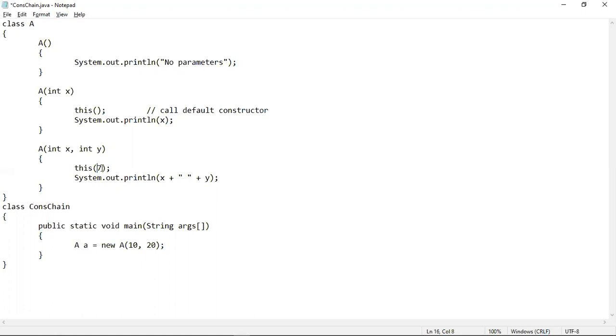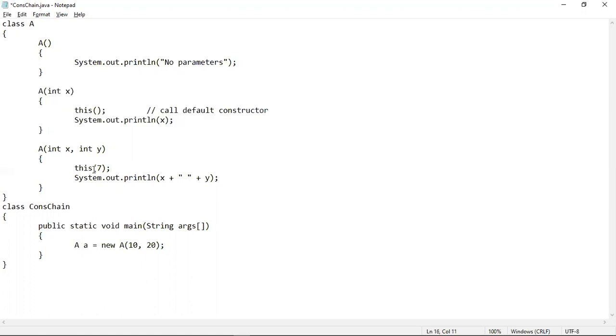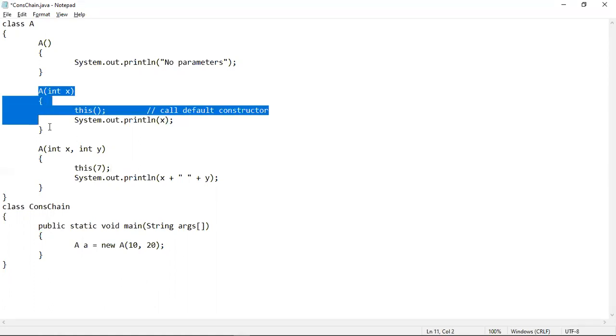That means this value 7 will be passed into this x, and whenever the statement is executed, the compiler will directly go to execute this single parameterized constructor. That means this method, along with this single integer value 7, will actually call this single parameterized constructor from inside this double parameterized constructor body.